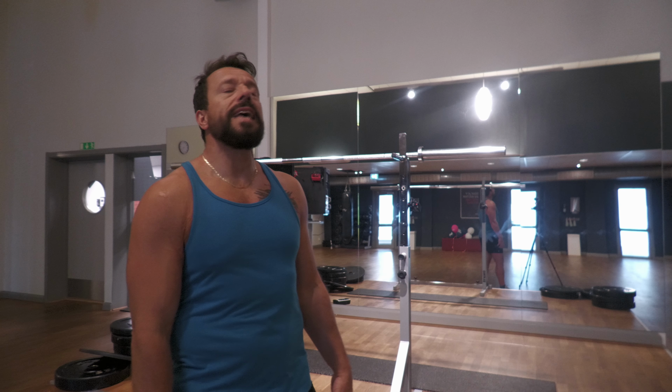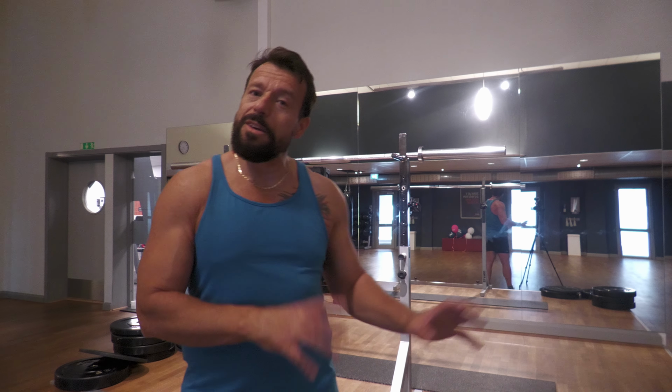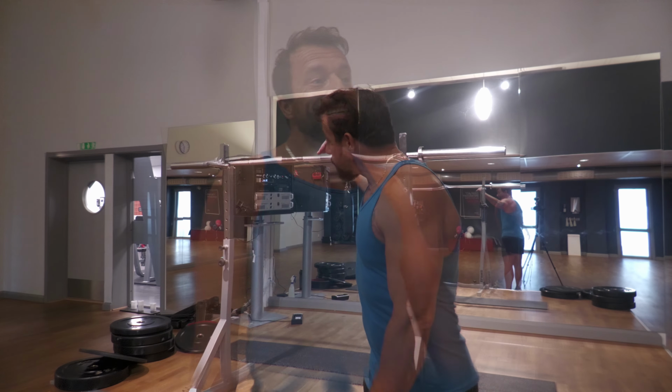This squat session is establishing my current max. My all-time PB is 180 kilograms, which is 397 pounds. But that was in the beginning of the year, so I don't know if that's there now. The program is to warm up, and then once I reach about 140 kilograms,